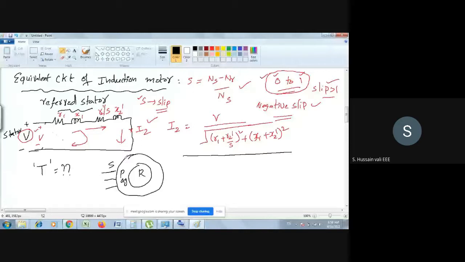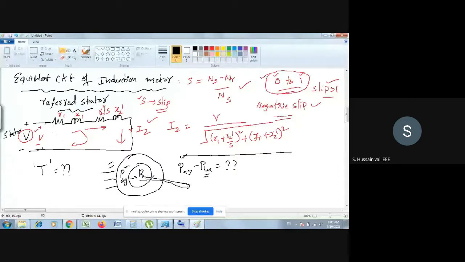This air gap power will enter into the rotor. Once it enters into the rotor, then the rotor also has some copper loss. So if you subtract the copper loss from the air gap power, then you will get the remaining power. It means I will write here PAG minus PCU. What is PAG? PAG is the power in the air gap, whereas PCU is the copper loss in the rotor. So when you subtract this, whatever power you get, that power is used to drive the load. Where is the load here? This is the load.